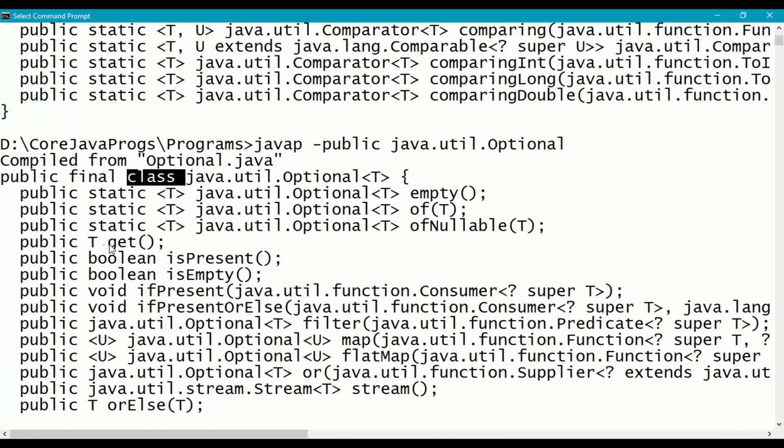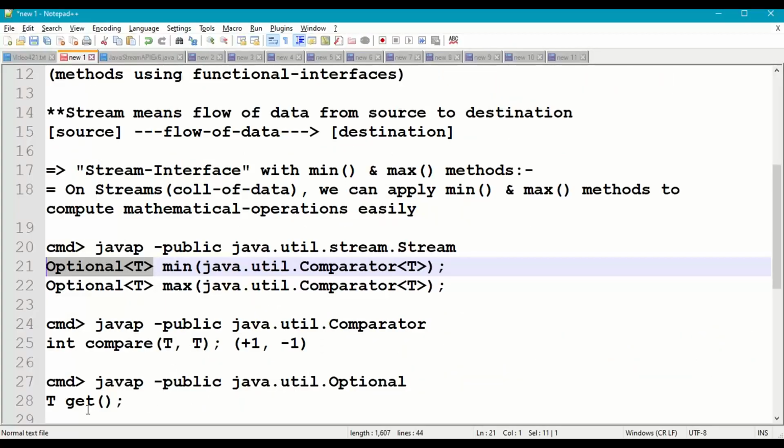From that Optional type we have to use the get method, and it will return the specific type of data like student object, product object, or integer, float, double, boolean, etc. So we are going to use the get method to get the specific data from the Optional class.